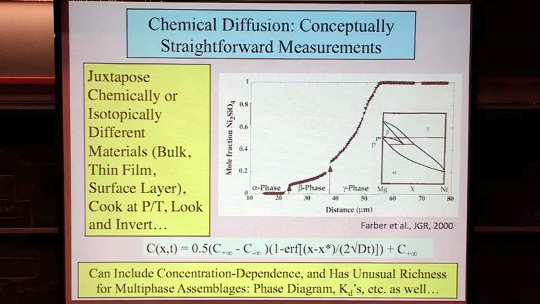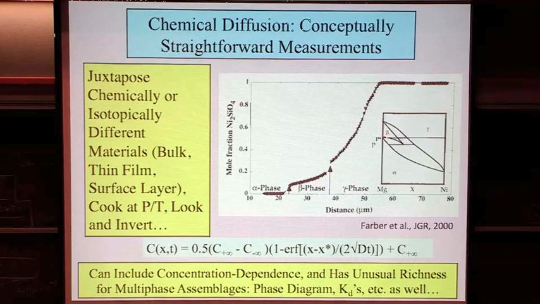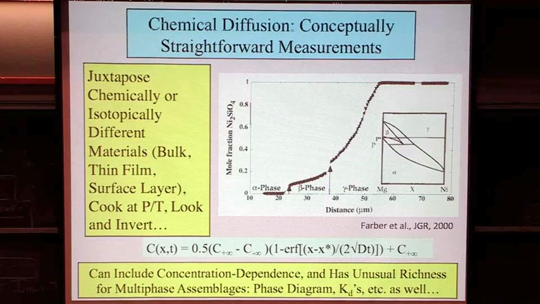So this is a picture of mole fraction nickel silicate across the magnesium silicate. Pure Mg is right here, pure nickel up here. So we can talk about iron in a minute. And what you have here is basically a cross-section across the magnesium-nickel joint across the phase diagram at about 13 GPa, where you have olivine, beta phase, gamma phase, and this is the diffusion profile across this whole thing that you wind up with after you cook it for 48 hours at about 1900 Kelvin.